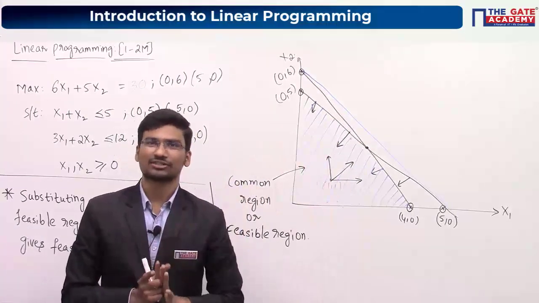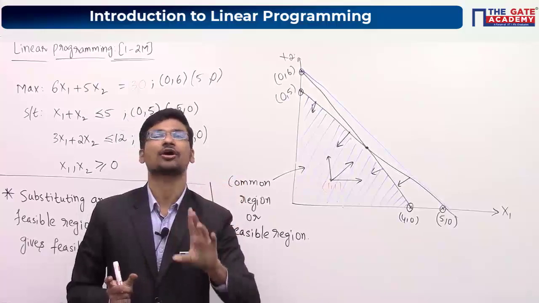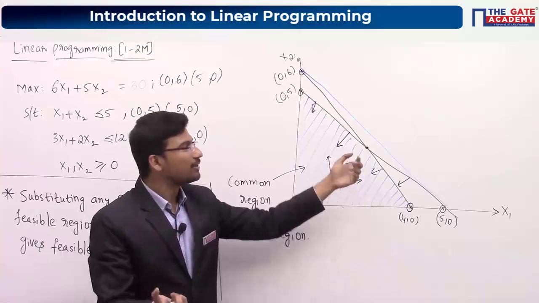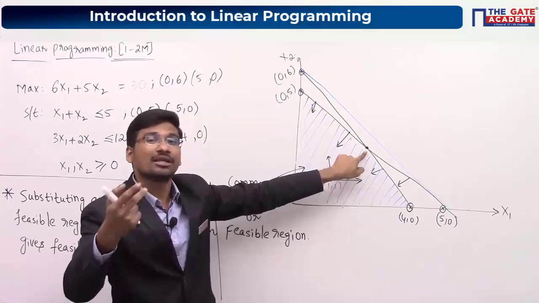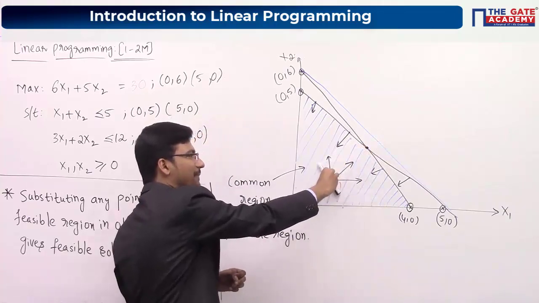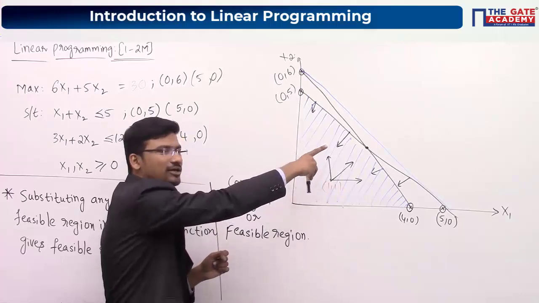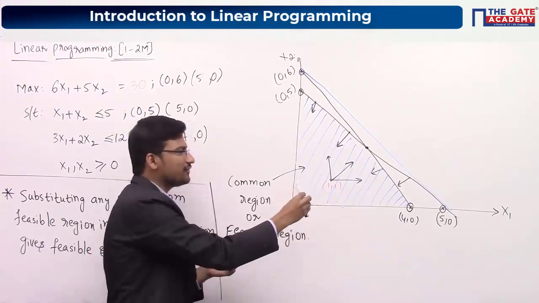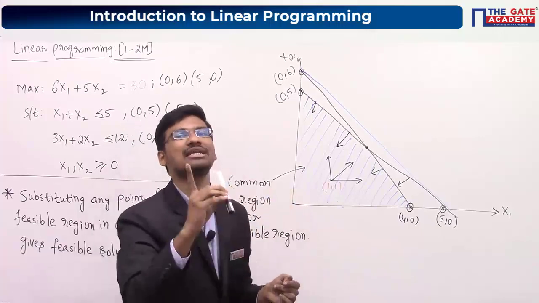Okay. So this statement you have to understand. You can take any shape of the polygon. Definitely your objective function line first touches corner points only. Okay. Now, as this is the maximization problem, this will be your maximum value or optimal value. Now let us say if it is a minimization problem, then what do we have to do? You have to go on decreasing your objective function value. What will happen? Before leaving the feasible region, your z line will be touching this origin point at the end. So before leaving the feasible region, it will be touching this origin point and then it will leave. Okay. So now this origin point will be your minimum value.